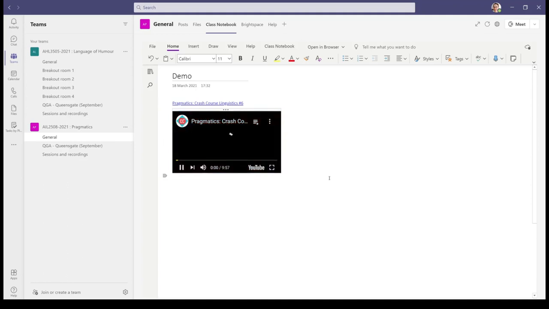So then you can literally just click this play button and it should start playing within the Teams notebook. So it is possible to leave videos there for your students to play in their own time or to share